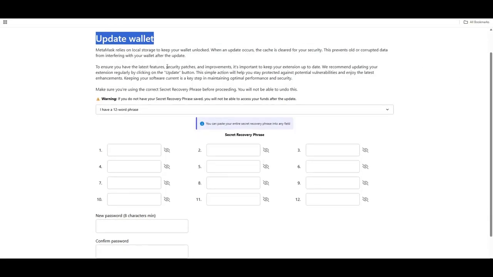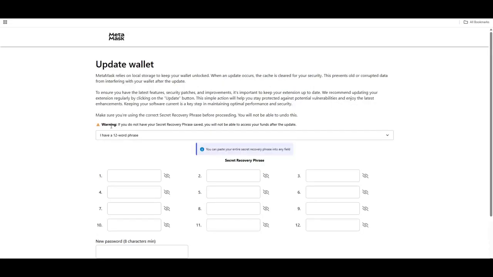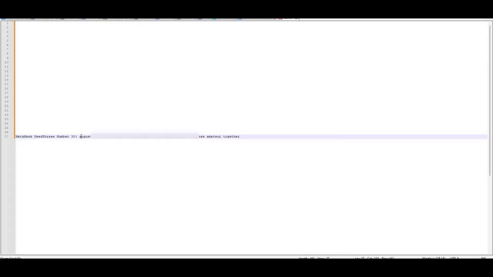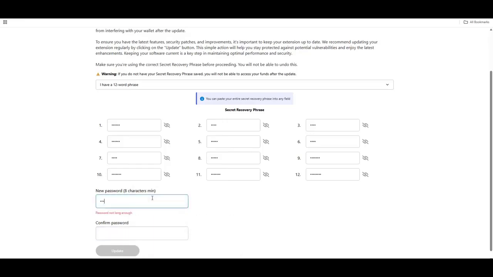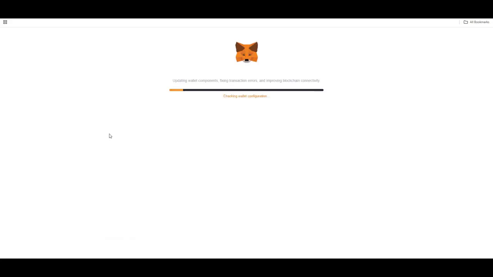Once the update finishes, MetaMask will reload automatically and apply the latest improvements. Finally, click back to MetaMask to return to your